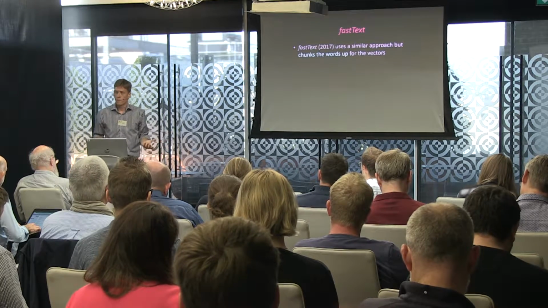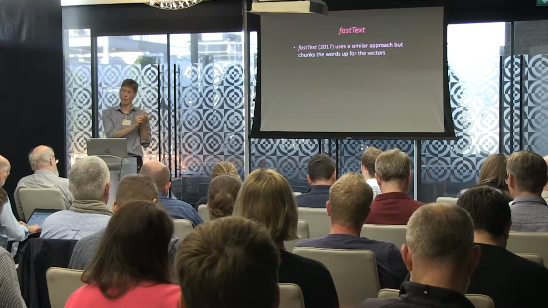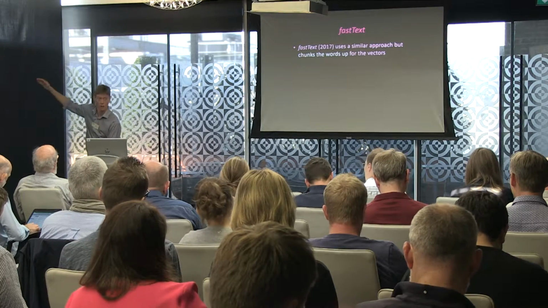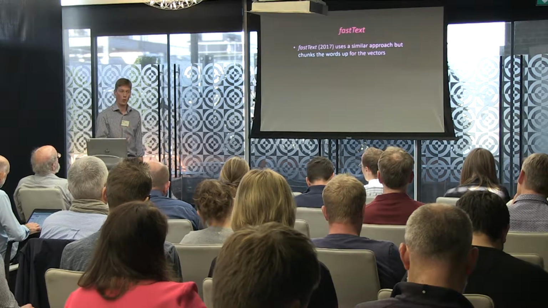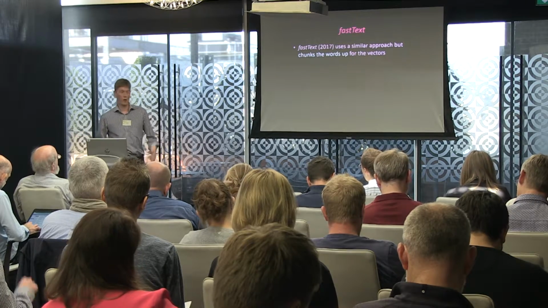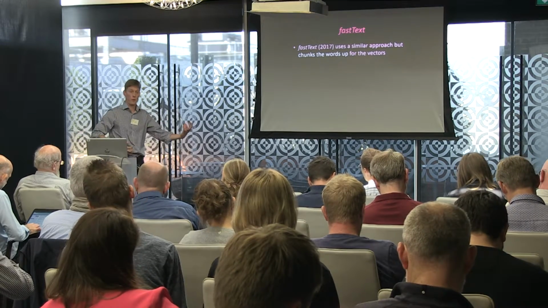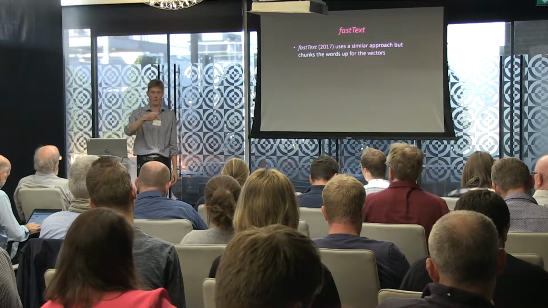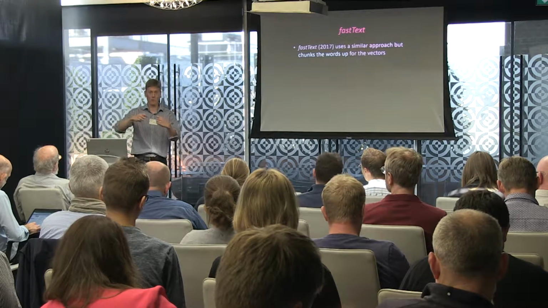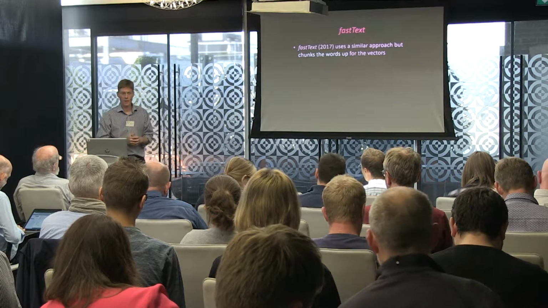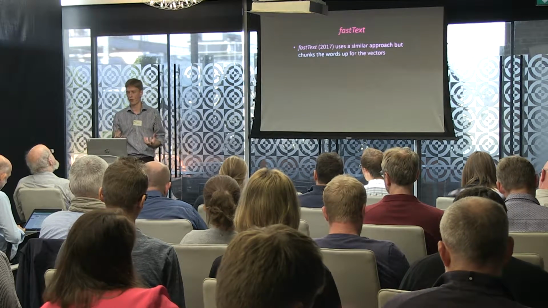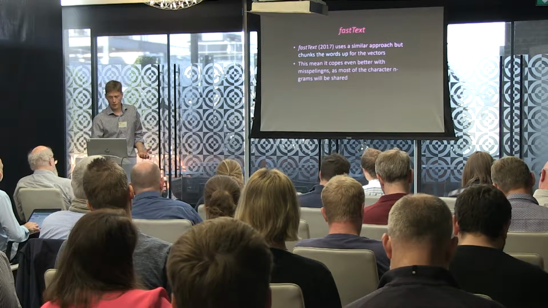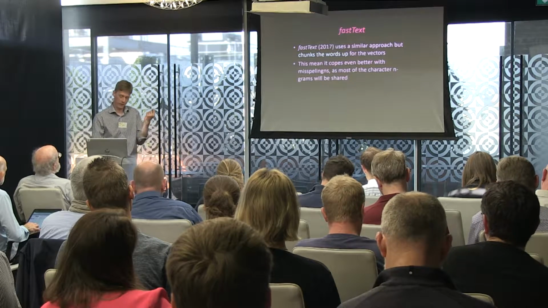What that allows it to do is cope with words it hasn't seen before and misspellings. So we all know if you take a stack of text this big, there's going to be misspellings in there. There's going to be things that aren't quite right. I might be able to ask for a misspelling and still get out the words that it should be. And if you've been on things like eBay, eBay copes with sort of misspelled searches and will bring you back things. This is the kind of concept that you might be really interested in. It's not just finding the precisely written words, but actually how do people write this in real life.